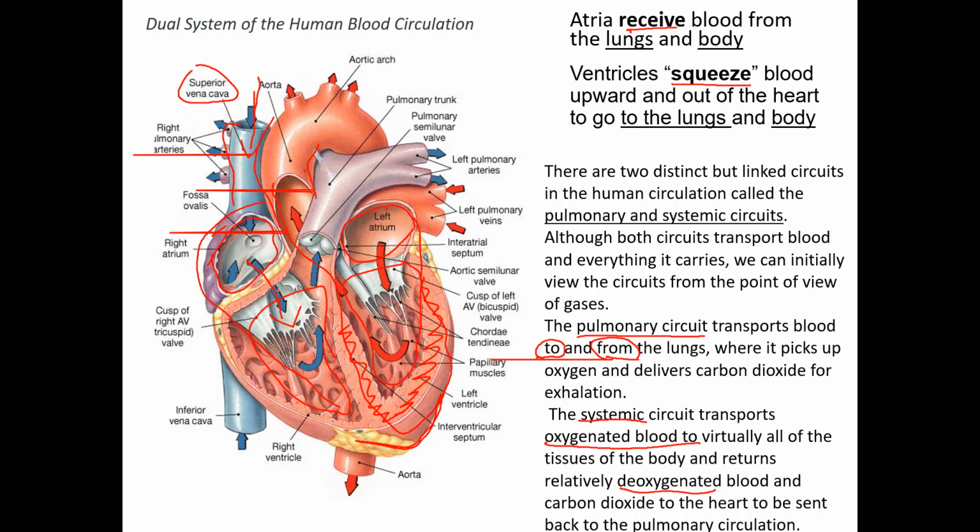It ends up in the right ventricle, which is a pumping chamber that doesn't have super thick walls, because the carbon dioxide rich blood just needs to reach the lungs, which are pretty close by. And so through this other big vessel here it is pumped to the lungs,